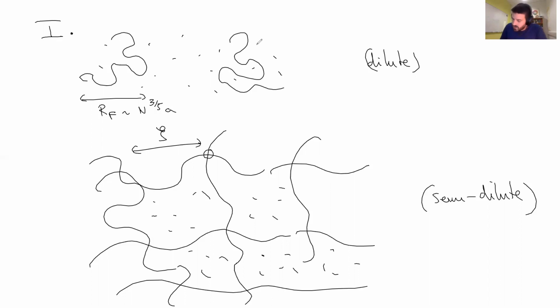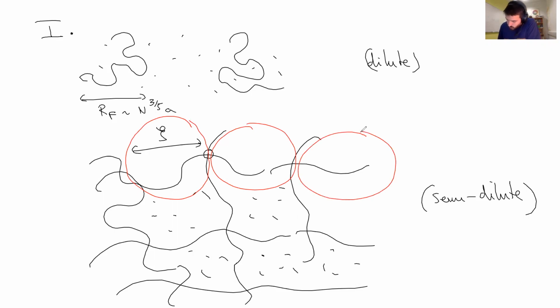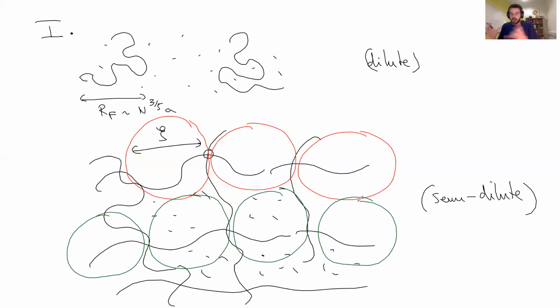So basically, you are back into a dilute situation within the Xi scale. Above the Xi scale, well, then you are now into this mesh, this assembly, where you have the long range properties of the polymer chain. And so what has been done, and proposed by de Gennes in particular, was to say that, well, in fact, we could group the portion of the chains into what we would call blobs. And you can do that for any of the polymer chains. For instance, this one is also made of blobs that are units with this scale